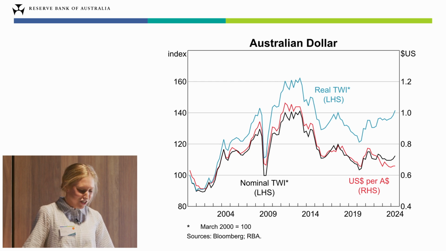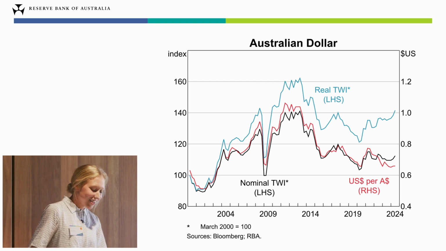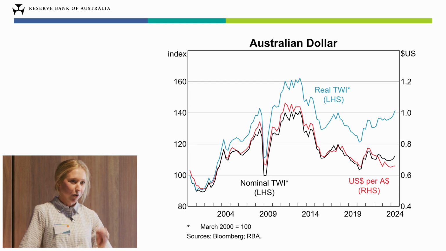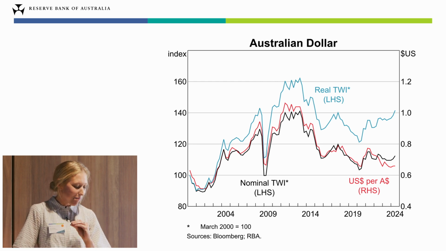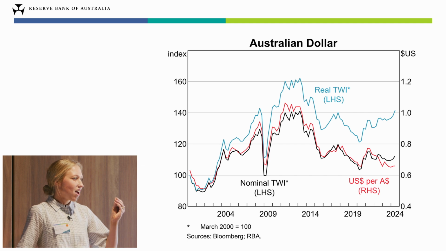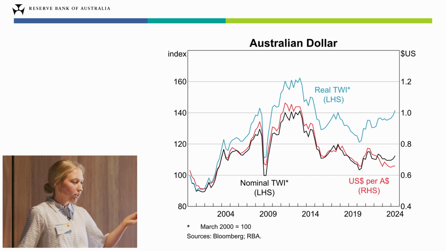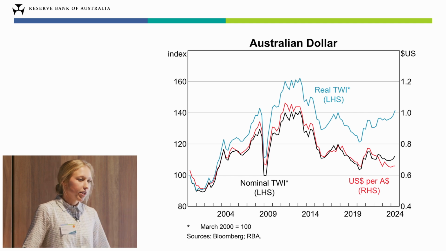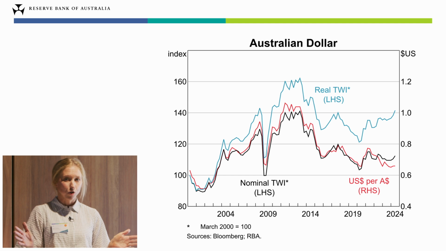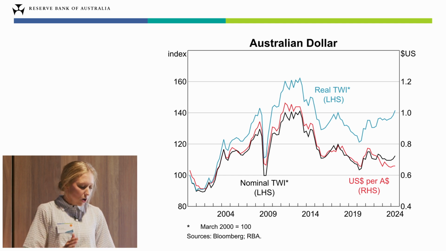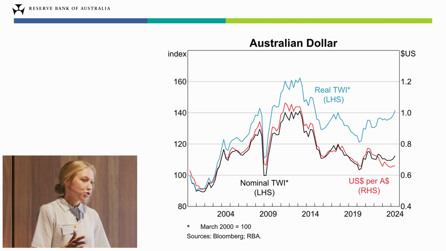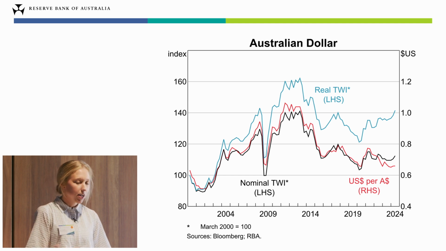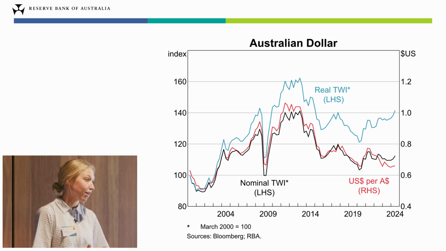The final variation that I wanted to touch on is the real effective exchange rate. And beyond it being a complete mouthful to say, it is an exchange rate where we take the nominal exchange rate, such as the bilaterals that I just discussed, and we adjust it by relative price levels across countries. What this gives us is a better measure of trade competitiveness, as it better compares the true cost of Australian and foreign produced goods and services and tells you how much purchasing power your currency has.